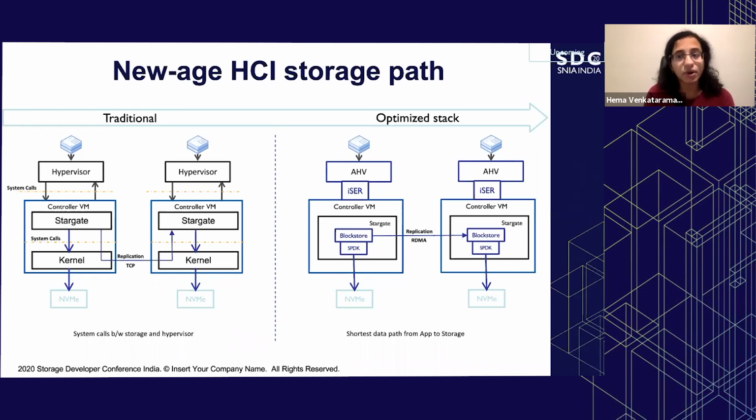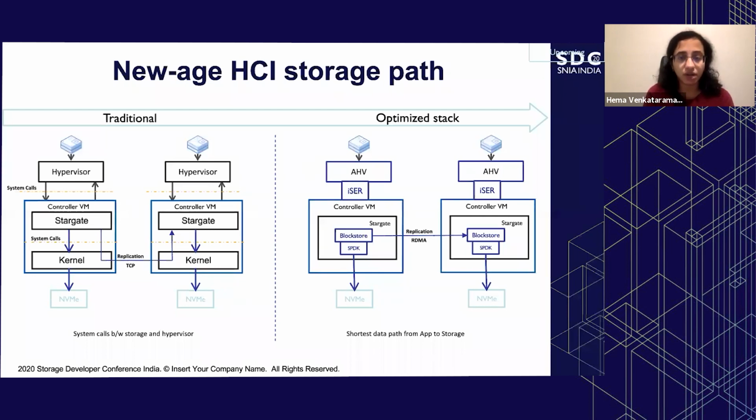And later, for writes, it is shipped to the peer Stargates using the TCP path. The peer Stargates process similarly using the traditional in-kernel implementations, and once that is complete, send a response back via the TCP path to the primary node, which then acknowledges it to the hypervisor, which then percolates the same to the user VMs. As you could see, there are multiple bottleneck points that are using the in-kernel implementations and incurring memory